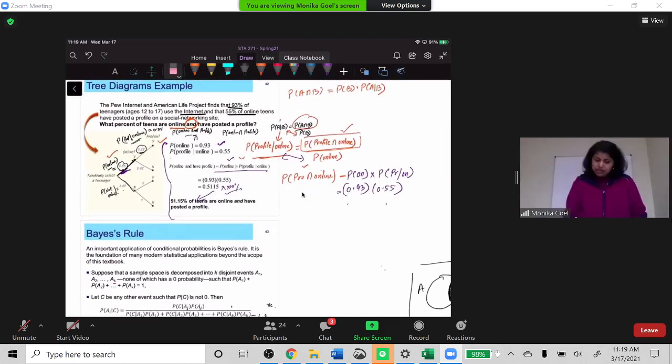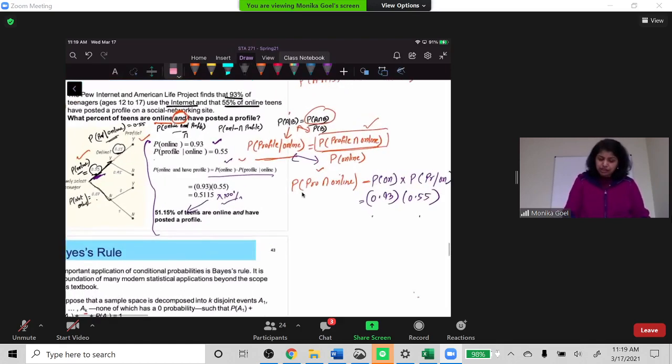Does anyone have any questions? There are questions in your homework and quiz on conditional probability, so make sure you know what information you have. Out of these three, you have this, this, or this. Whenever you have two pieces of information, you can find the third one. And again, conditional probability tells you the probability of an event under the specific condition of a second event.